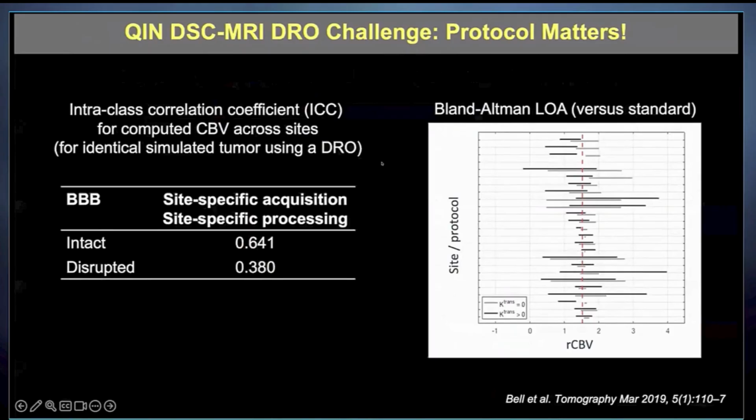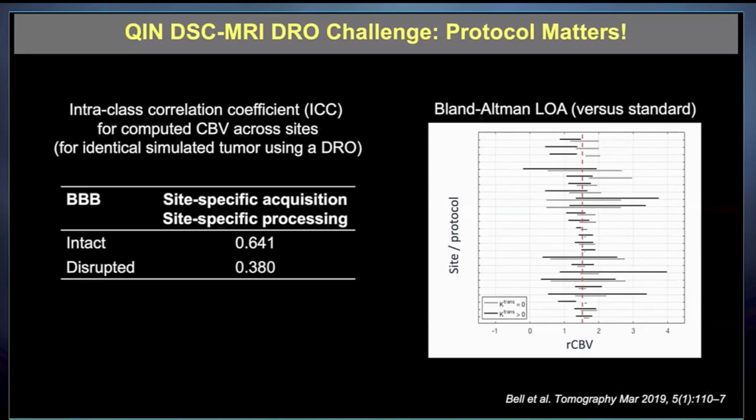This variation is problematic in practice because it leads to very poor agreement measured by intra-class correlation for the computed cerebral blood volume across sites for the same simulated tumor using a digital reference object, with large limits of agreement on the Bland-Altman plot. So essentially what this study did was it simulated a single glioblastoma and applied that simulation